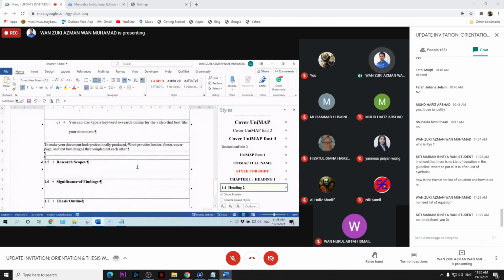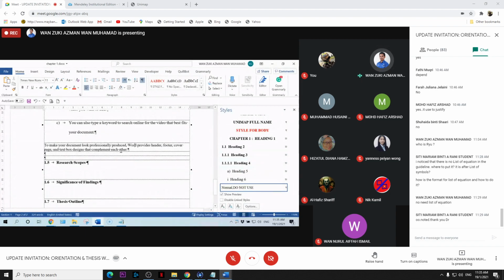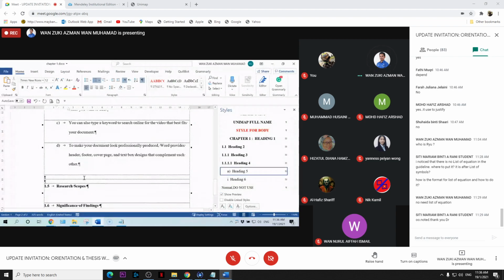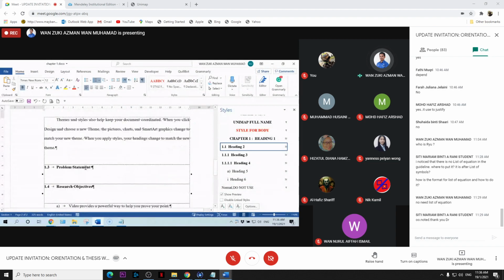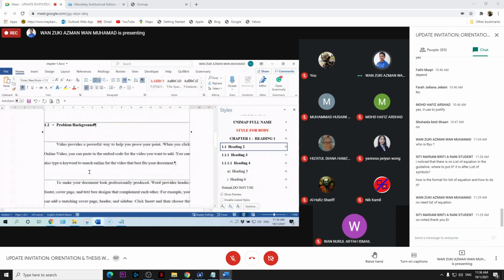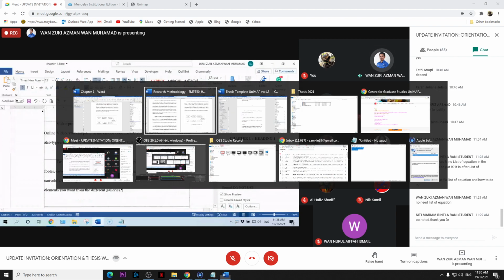Make sure of your cursor. Don't just simply select the style without knowing where your cursor is. Your cursor is very important because the changes will happen at your cursor location. And this one you can delete. So you have done your research objective, your problem background, and then your overview.